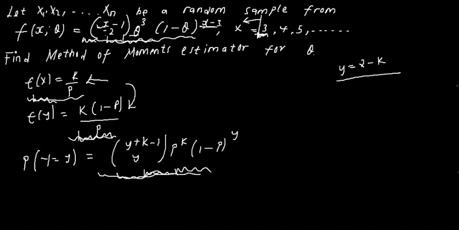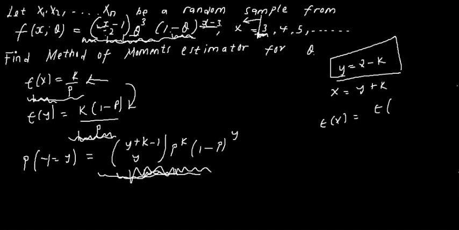If we write y equal to this, that means we can change this version of the binomial to this version here. And if this is the case, that means we can have x equal to y plus k. So if you want to get the expected value of x, you can simply say the expected value of x is equal to expected value of this term,